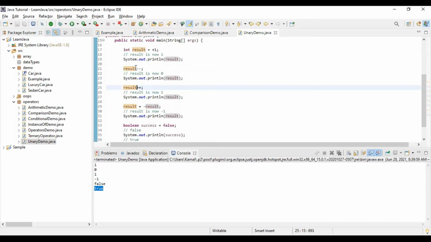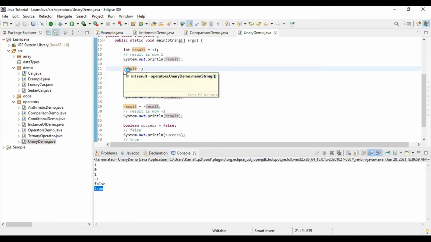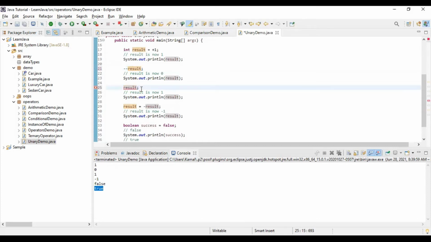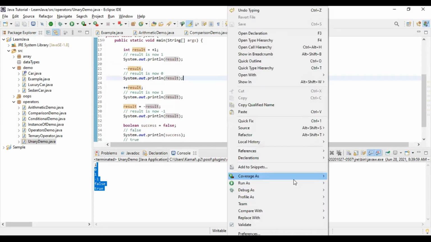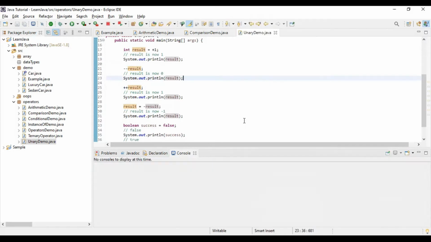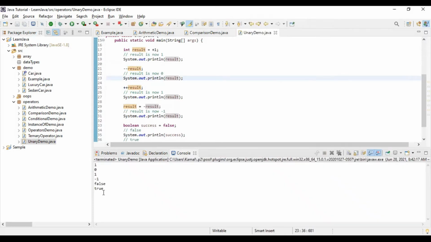We can use prefix also. In this case, 101, the same output will be here. Let's execute. 101 minus 1.